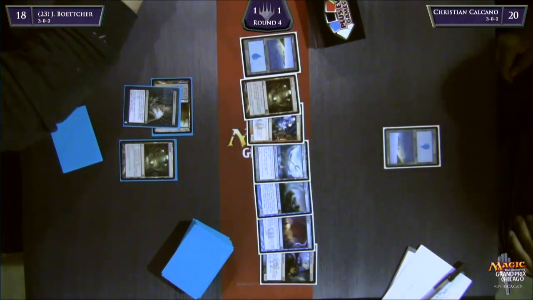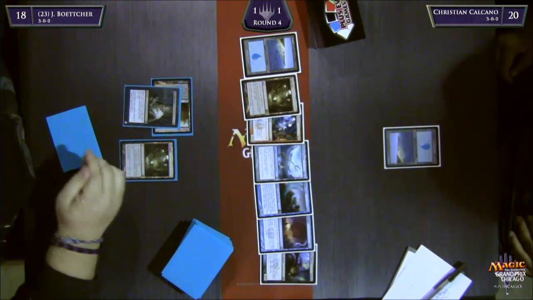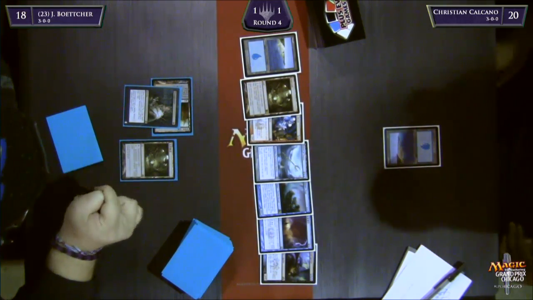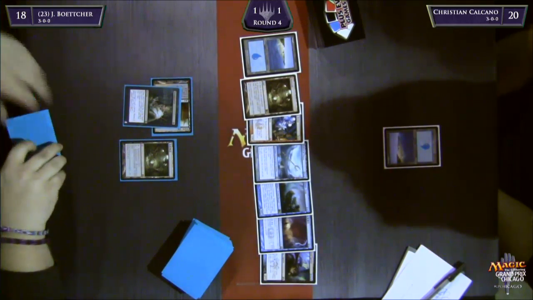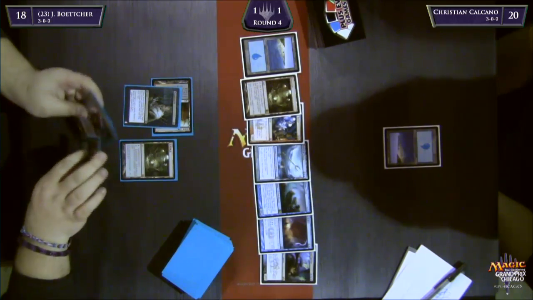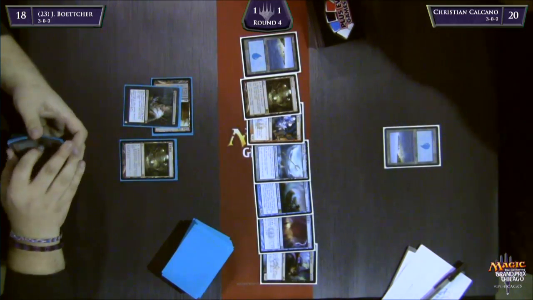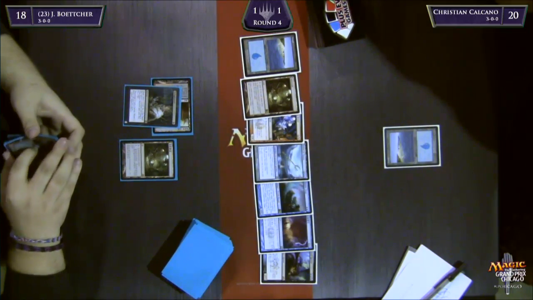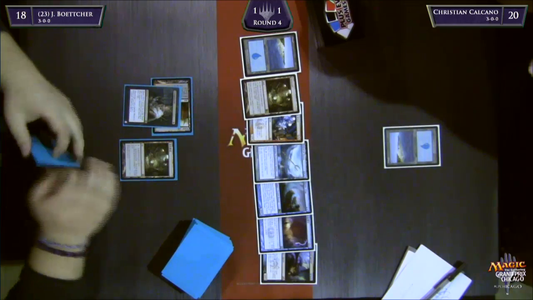Bident of Thassa is such a not-this-turn problem. No, I know, but look, if Betcher has a handful of removal, and he's like, well, I'm going to kill the Frostburn Weird, I'm going to kill the Nightveil Spectre, that Bident becomes a big deal down the line. And traditionally speaking, this red-black list doesn't have a lot of answers to it. In fact, it might have none. So it kind of depends on what's in Betcher's hand, what he wants to pick. I feel like that Nightveil Spectre is...